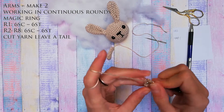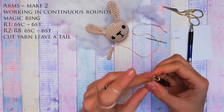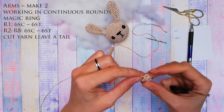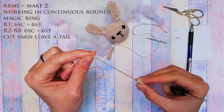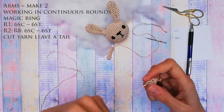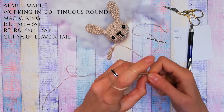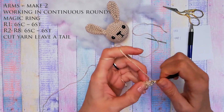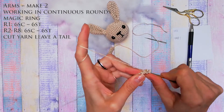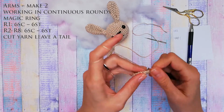One, 2. Actually, 1, 2. I joined here something, so I have to undo 6 stitches. 1, 2, 3, 4, 5, 6. 1, 2, 3, 4, 5, and 6. And now at the last row,